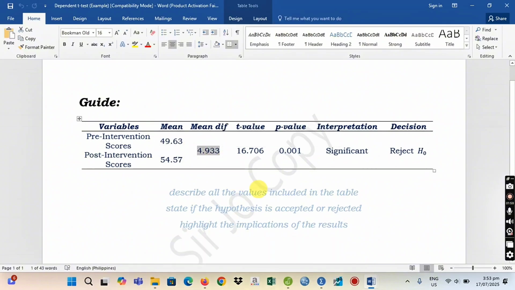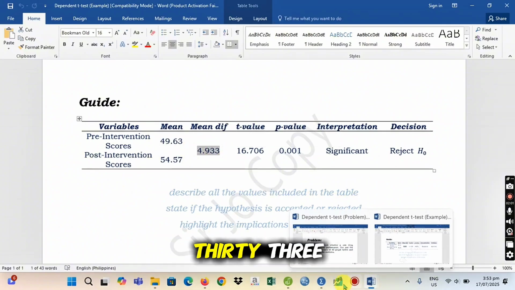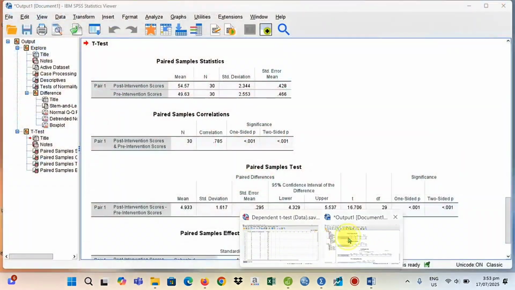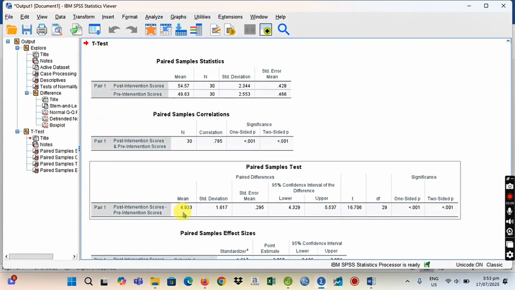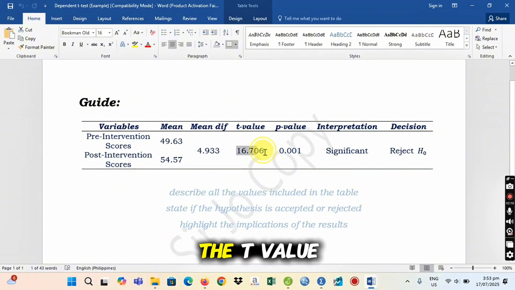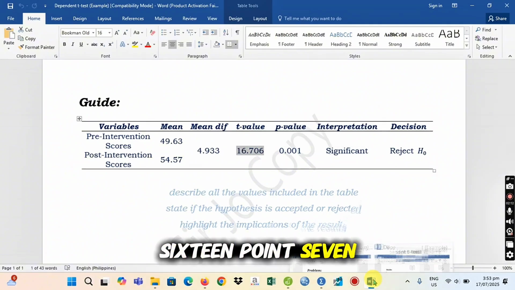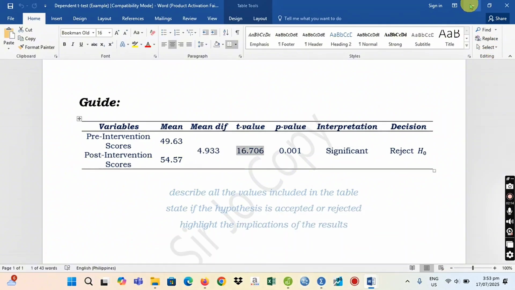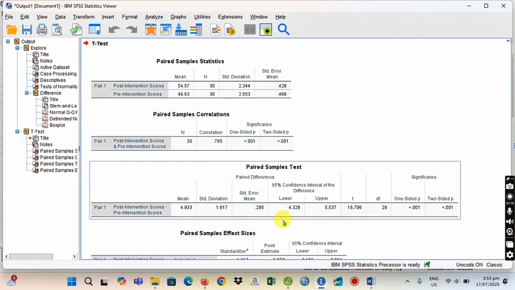Mean difference 4.933, correct? The t value 16.706, correct? And then the p-value, we will consider the two-sided.